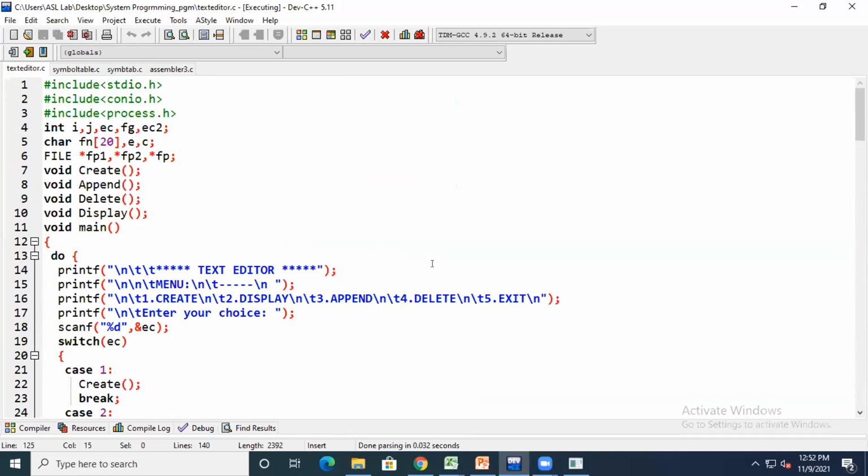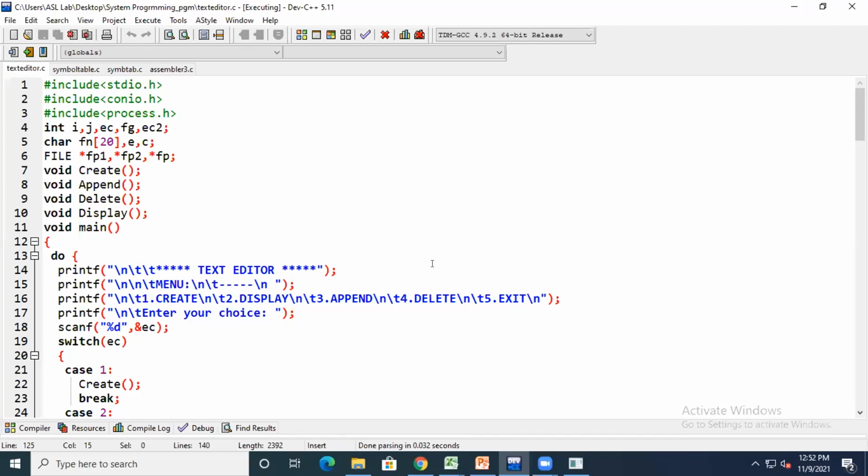This is a simple program for a text editor, how it looks like. And one more thing, I will share the YouTube video of a simulation in the Unix operating system. That will also be very useful for you in order to see which types of text editors are available in Windows as well as in the Unix operating system.